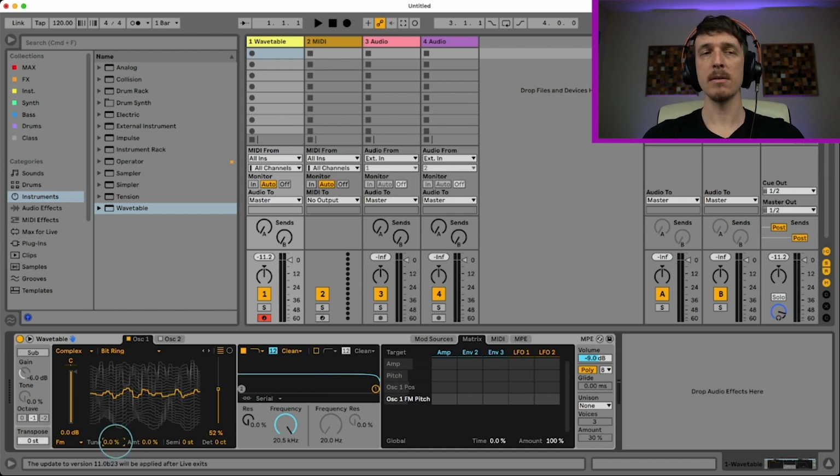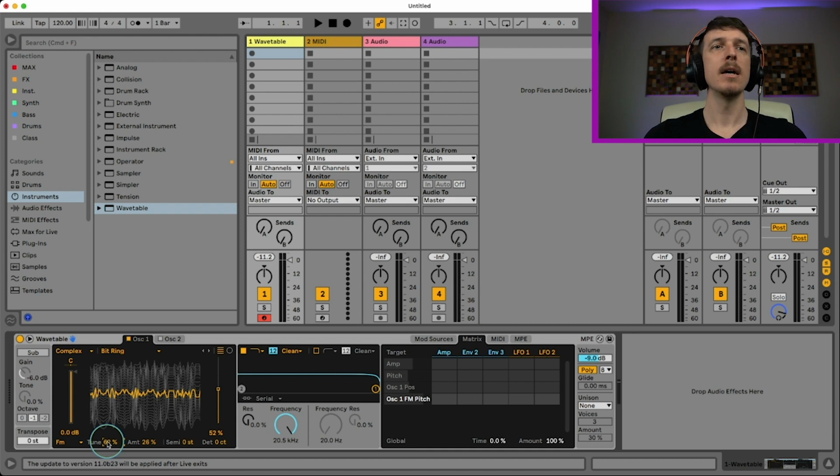And then lastly, we have FM, which has two controls, tune and amount. Tune will not do anything if amount is set to 0. So you have to turn up amount first. Amount sounds really awesome. It's going to apply FM synthesis to itself. Sounds really gnarly, really fun to play around with. And if I turn this up and then I turn tune up, sounds pretty crazy. Keep in mind that tune is the only one of these effects that will actually change the pitch of your sound. So if you turn it up a little bit, it will actually move this out of key. So watch out for that, unless you turn it to 100%, in which case it goes back to the